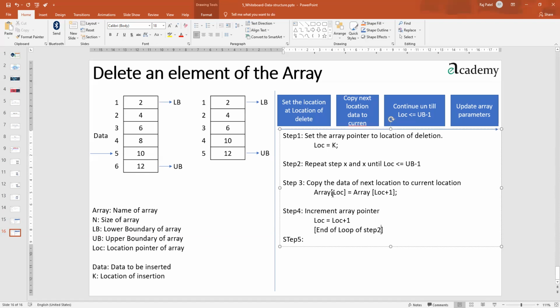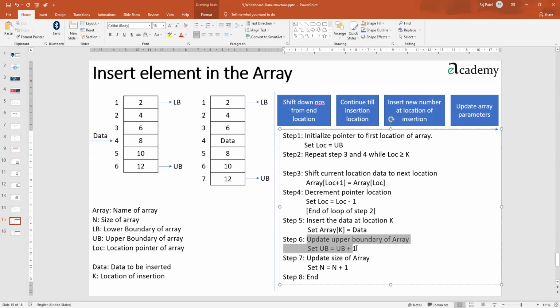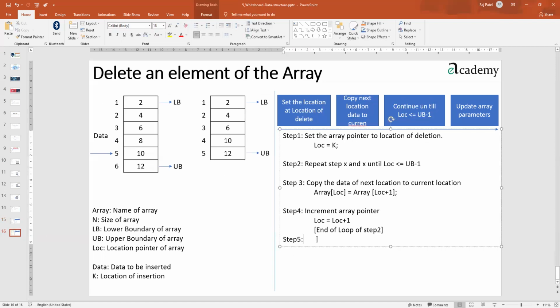Whenever it completes, array will be like this only, and we are only remaining with the updation of the array parameters. We have to do only a simple thing. In this case, step number 5 will not be there because we are not inserting any number. We have to do the updation of array boundary data. Now in this case, updation of the array upper boundary only will be there.